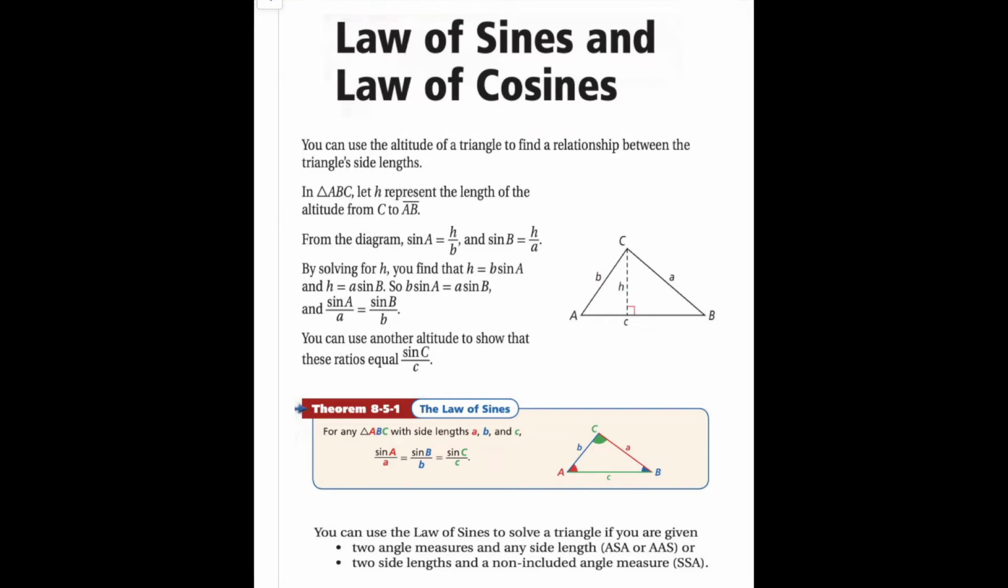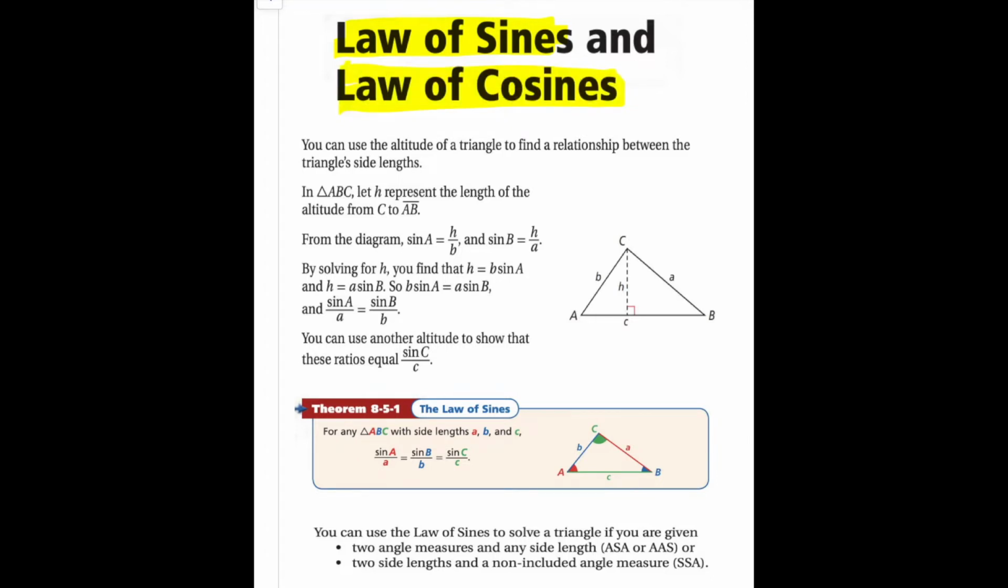sides or unknown angles? So how do we use the trigonometric ratios to solve normal triangles, not the right triangles, the acute triangle or obtuse triangles? So let's see how this works. So today's lesson is on law of sines and law of cosines, and we'll go over this and we will